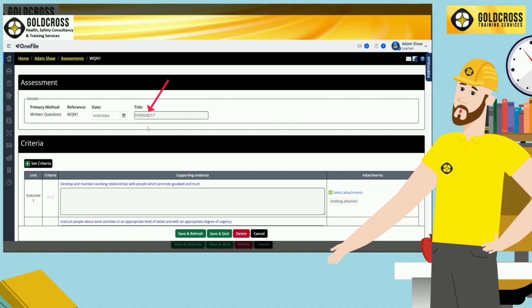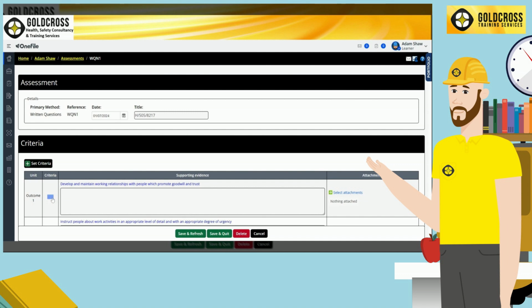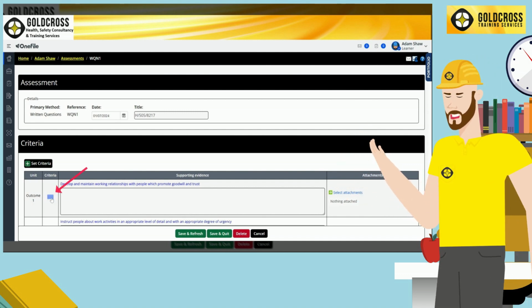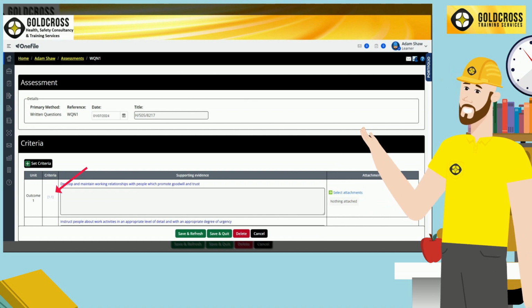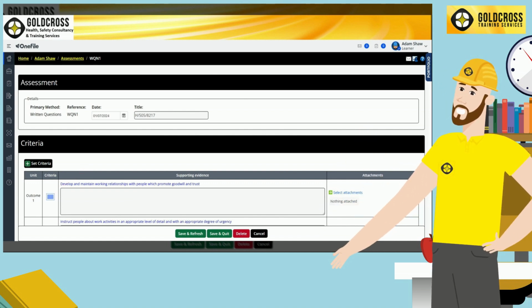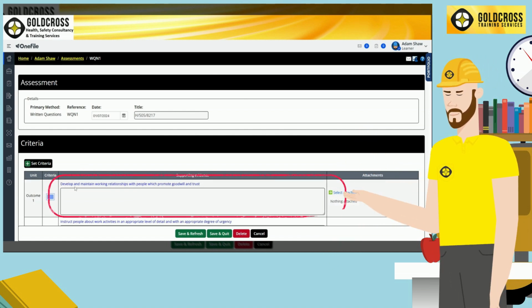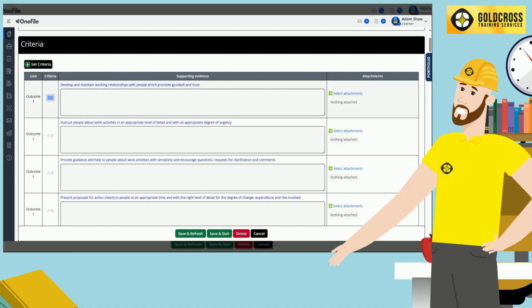And don't forget, we can find them in the rev counter, or you can click onto here, which brings up the unit and the learning outcomes. And that opened it as a second tab. So this box here, develop and maintain working relationships. I will now